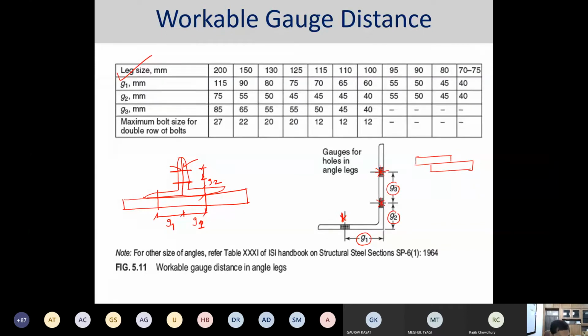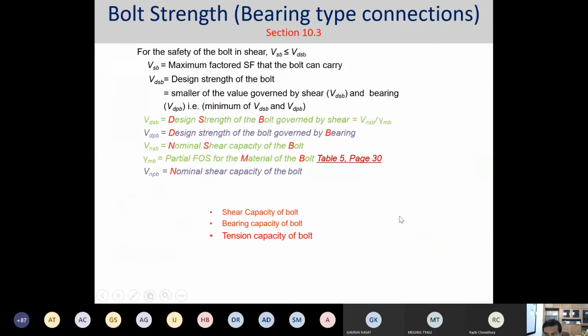This is typically for different angle sections, where both legs need not be the same. Let's say this leg may be 200 mm and this leg may be 300 mm. So that is an unequal leg angle. If both legs are the same, then it is termed an equal leg angle. So all these things are necessary for our design.